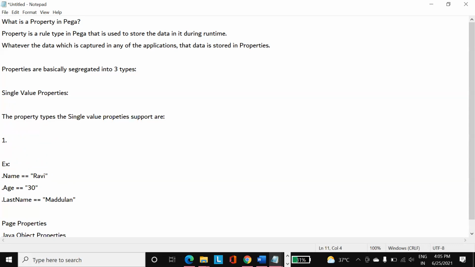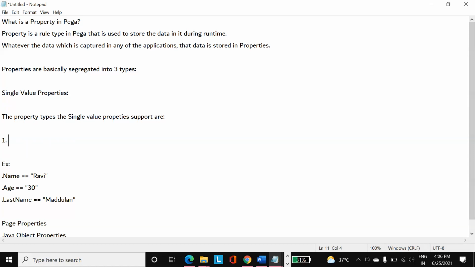In programming languages we have different data types, like integer, number, decimal, text, and so on. Similarly, in Pega we have different property types. If we create a property, it will store data. If you want to store only a specific type of data, then we will create some kind of property type.